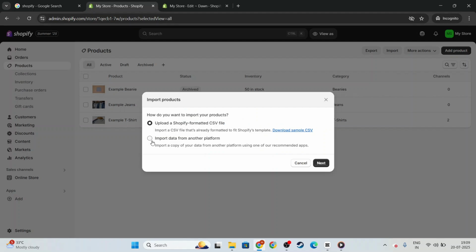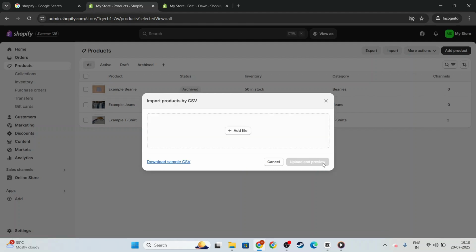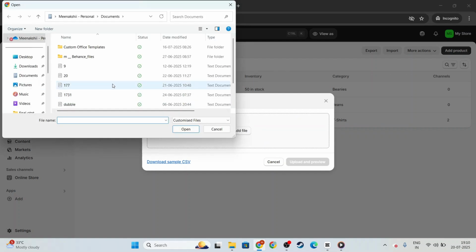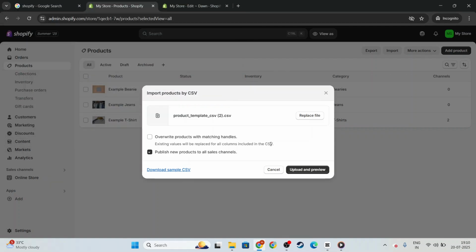Now, before you can proceed, you need to ensure your CSV file is correctly formatted. Shopify provides a template CSV file which you can download and use as a guide. Make sure your file includes all the necessary product details such as titles, descriptions, prices, and inventory quantities. It's crucial to remember that the first row must contain the column headings exactly as in the template for everything